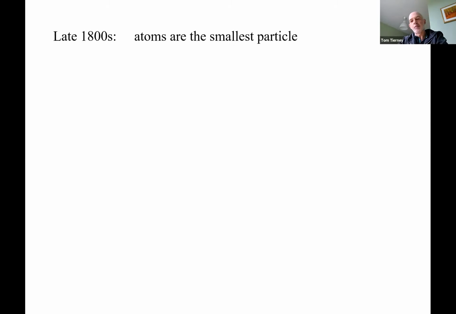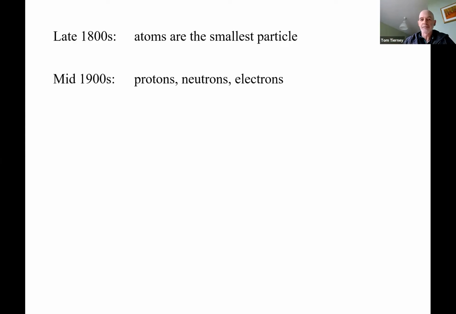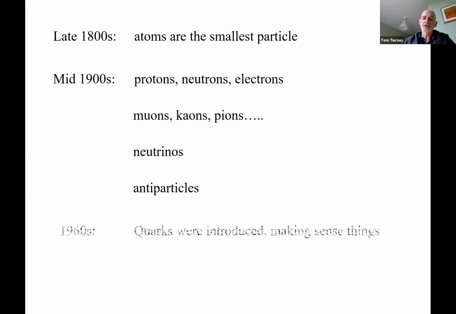So this is the overview. Late 1800s, people believed that atoms were the smallest particle. Everything was made up from atoms. Then we discovered the electron via the cathode ray tube inside the atom. Then the protons and neutrons with Rutherford's experiment. Then, over the following decades, throughout the 20s, 30s, 40s, 50s, all these other particles, and it amounted in the end to close to 1,000 other particles, all seemingly the smallest thing, or the building blocks, but with no pattern,